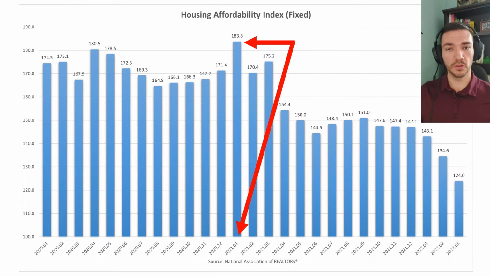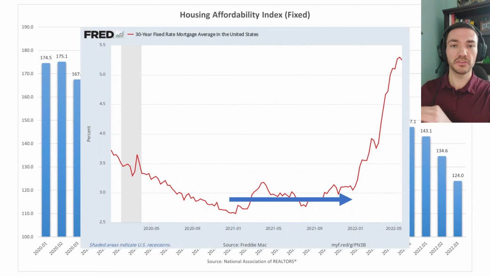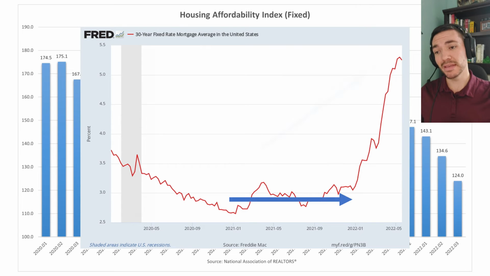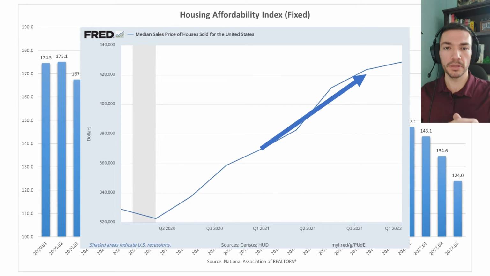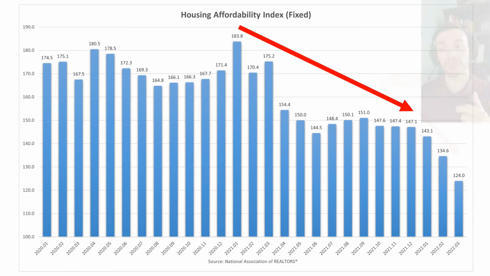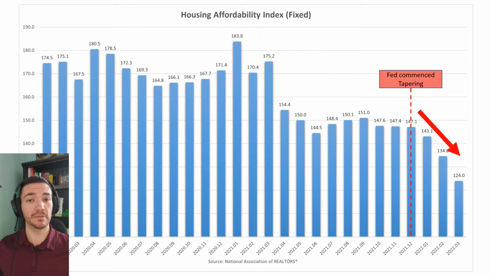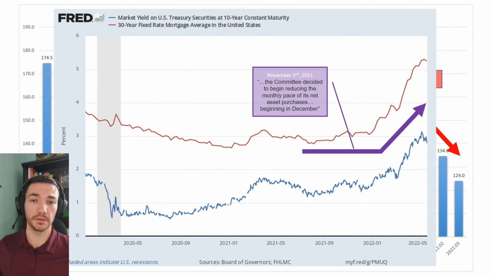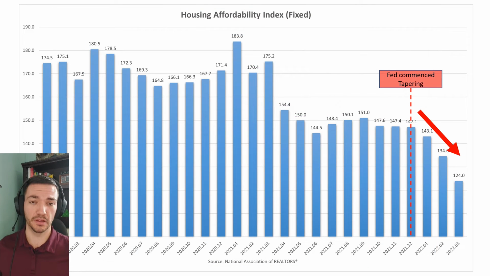This is because with lower interest rates, the monthly payment to service the debt that you're borrowing was lower than what it would have been at a higher rate. And so affordability spiked. But as rates went lateral and stayed flatline all throughout 2021, while median prices continued to rise, affordability started to come down a little bit. And then after the announcement of the Fed taper and the commencement of it in December of 2021, when rates took off, you can see housing affordability just completely fell off a cliff.